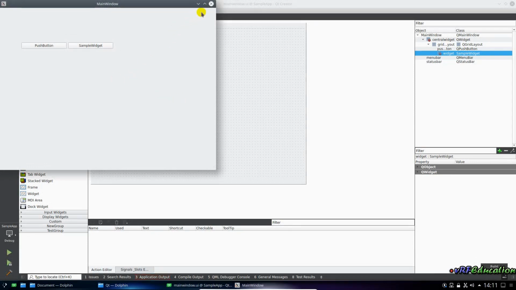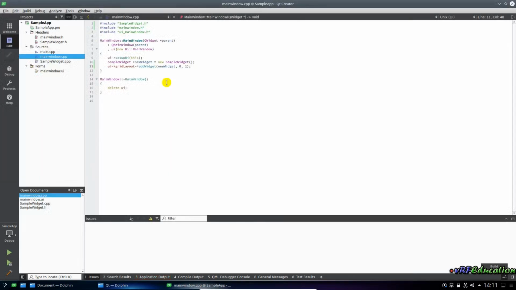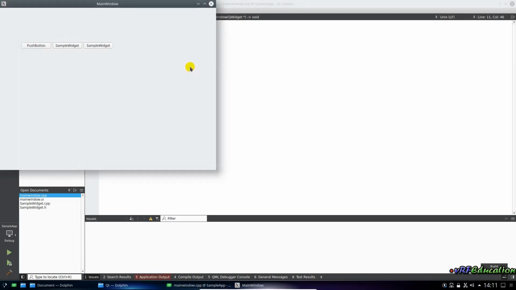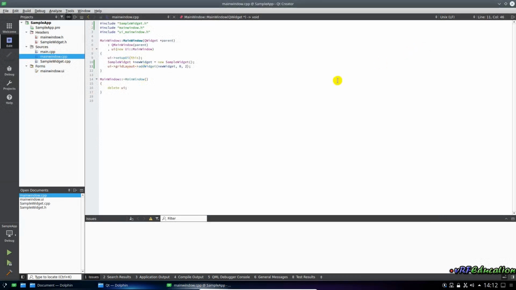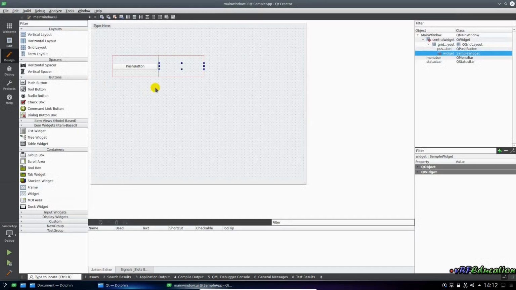I forgot to change the position of this widget. I add it to the second column. Run it again, and as you can see, I have two more widgets: the standard widget, a widget added using the promote option, and this widget added at runtime using these two lines of code. Okay, if I use the promote to option, I will have a space on the form,